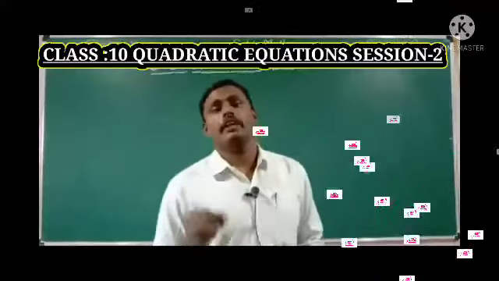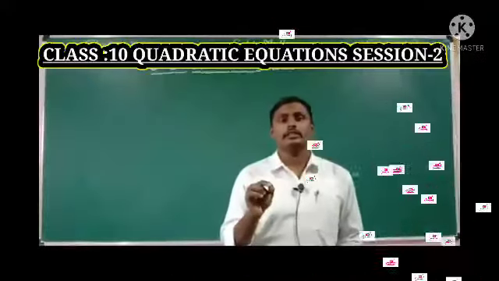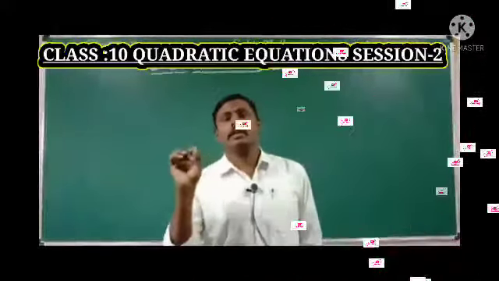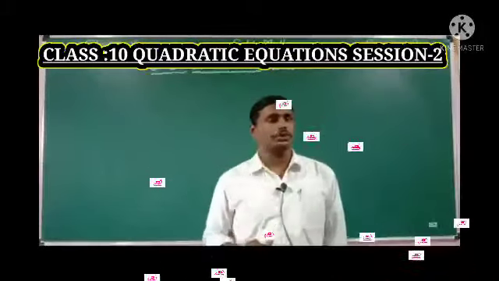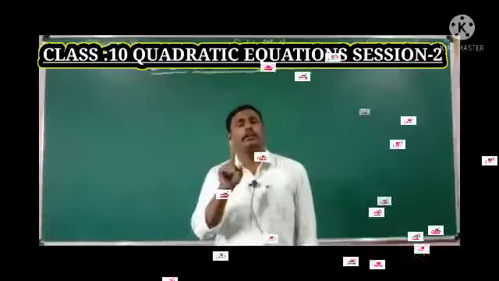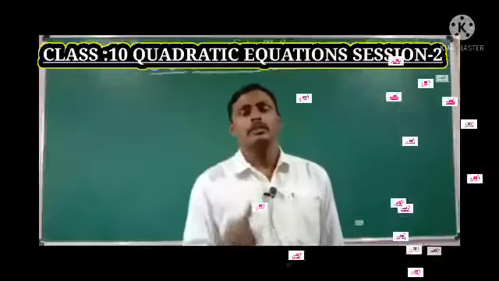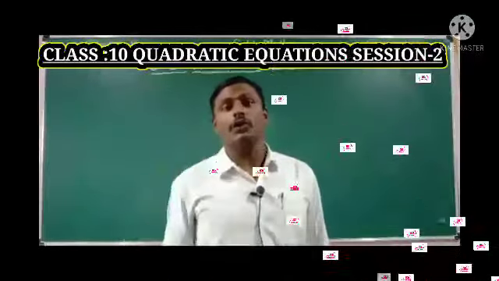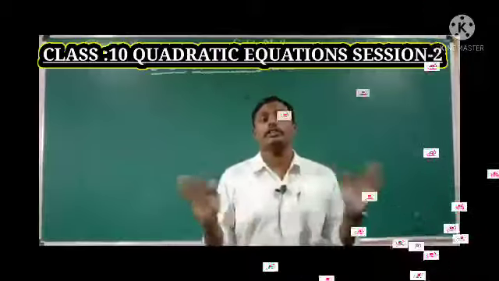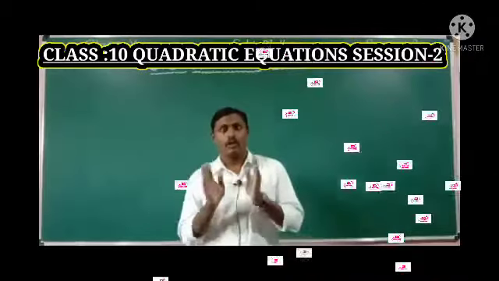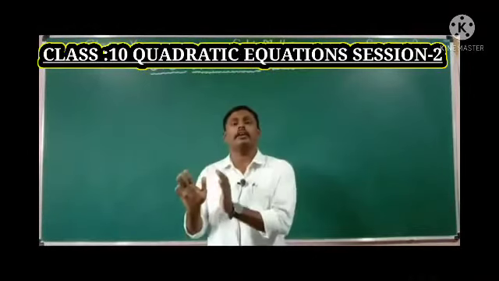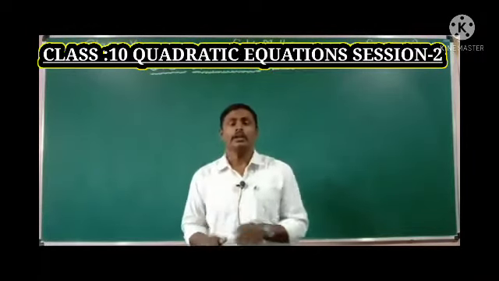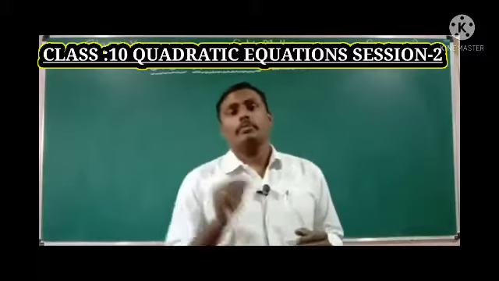The standard form of a linear equation is ax plus b is equal to 0, and each and every linear equation has one solution, and that is unique. Unique means we cannot change it further. What we are getting as the solution, we cannot change further. That is the final value. Okay, next one, and the second type is quadratic